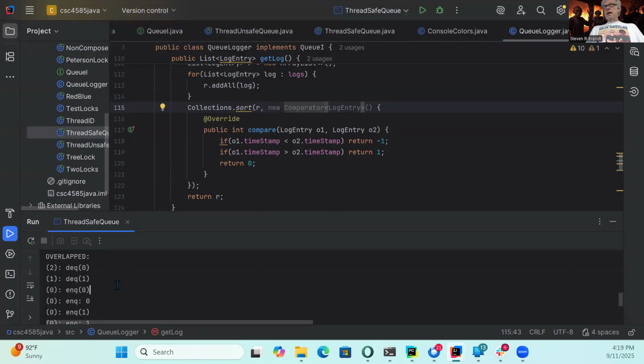Okay. Any questions before we finish up? This is a logger. This is a logger for queue objects running on multiple threads. Yes. It produces the kind of output that we had with our notation. It's a history. Yes. So we can look at the history and try to figure out if our code is making sense. Is it sequentially consistent? Is it linearizable? Yes. Sure. Yeah. And you know how to do it now.